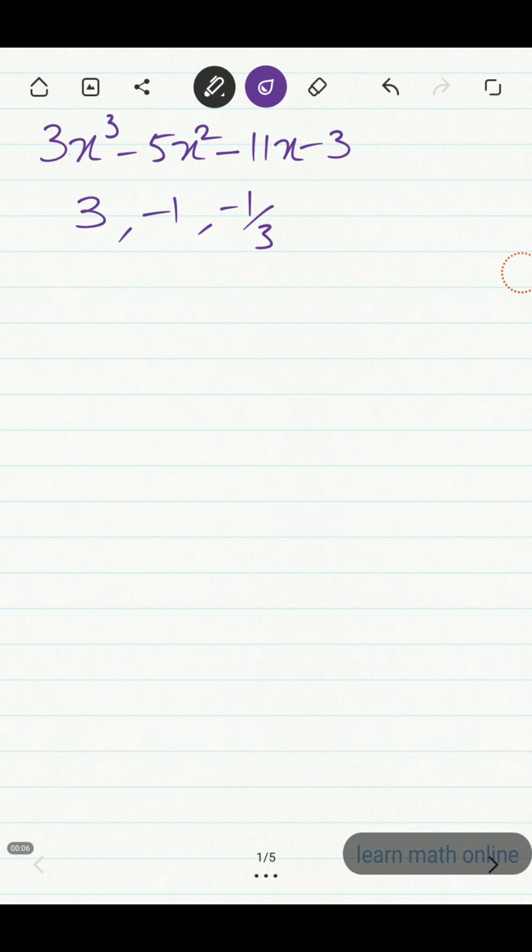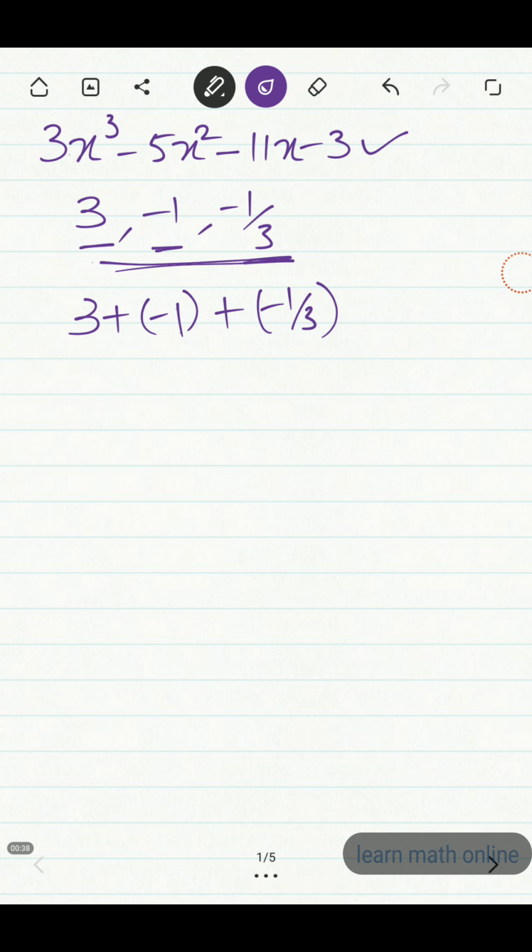In the last video we had this polynomial, 3x cubed minus 5x squared minus 11x minus 3, and we found three zeros of this cubic polynomial. The zeros were 3, minus 1 and minus 1 by 3. Now let us add these three zeros. So 3 plus minus 1 plus minus 1 by 3 will give us 3 minus 1 minus 1 by 3. Now if you simplify that,